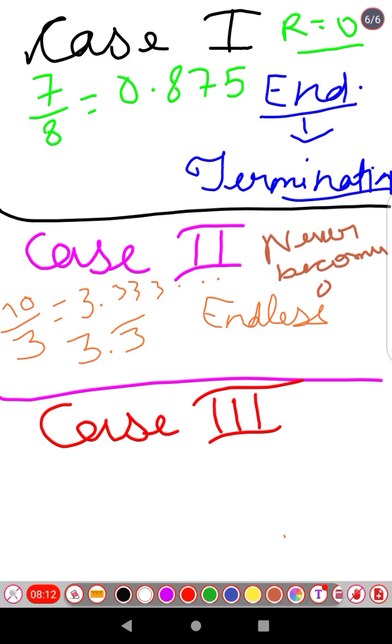So this is what is known as that was terminating. Now this is non-terminating. Terminating means ending, and non-terminating means not ending. So non-terminating recurring, or non-terminating but repeating. Recurring means repeating, reoccurring. Thus, we see that the decimal expansion of rational numbers have only two choices: either they are terminating or non-terminating,